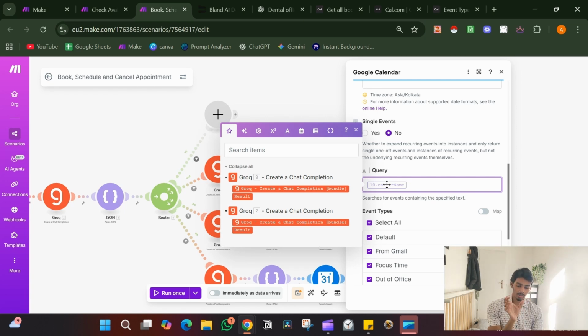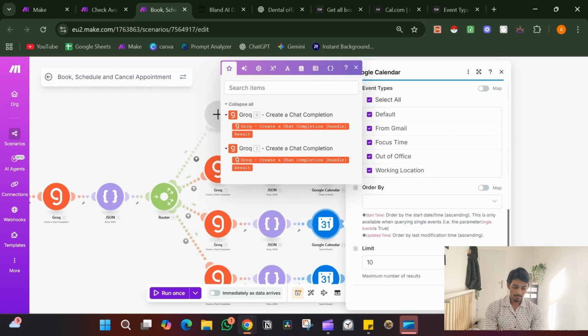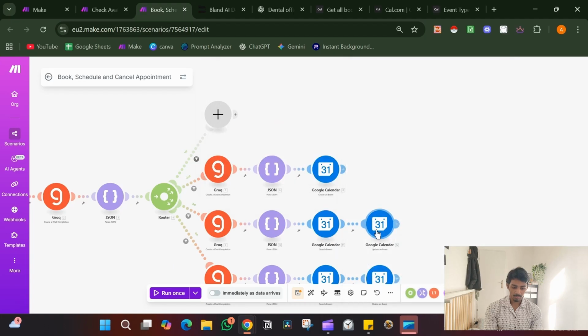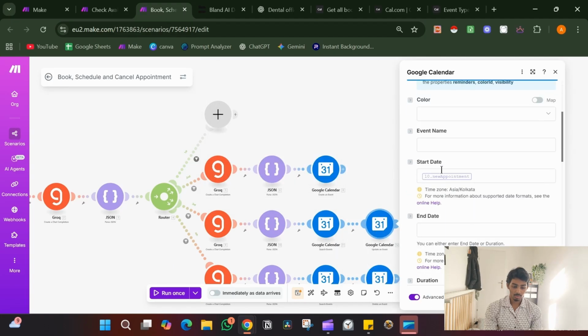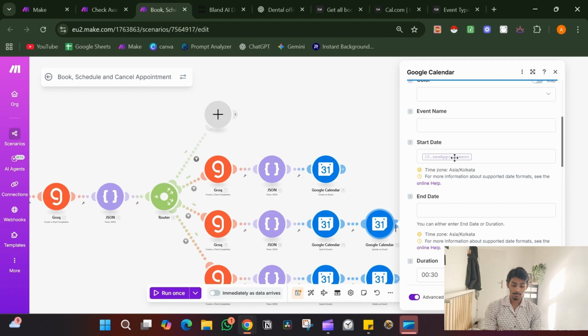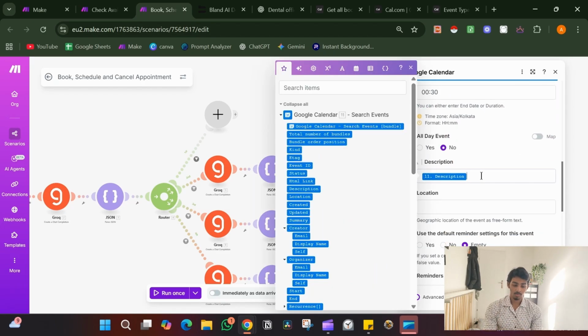Okay, here it is. We take that time and then we update an event. So you just take the event ID, you put the new appointment date, and then the brand asks, okay, which time do you want to book that? So I want to do the same at 13th at 2 p.m. So the new appointment will be the 13th. Then okay, the description will be the same from the previous one. Just copy and pasting it here,